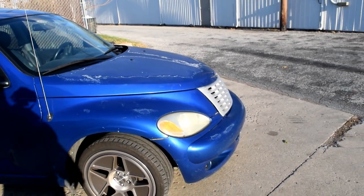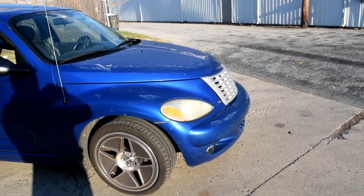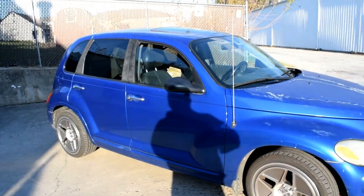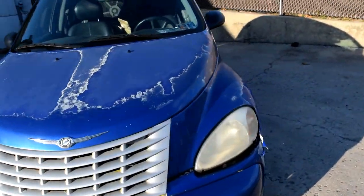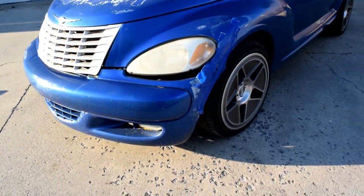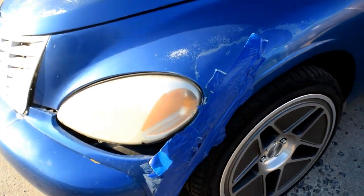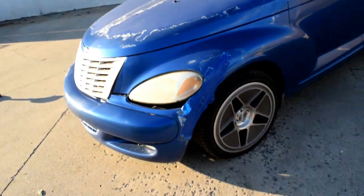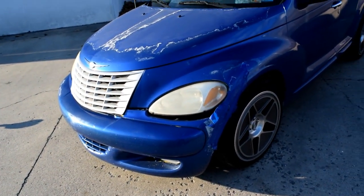And I am super hard on daily drivers just because of DJing and my 9-to-5 job and different traveling I do. But it's getting to the point with this car right now where it's getting a little embarrassing to drive, more so on the driver's side, because the bumper's hanging off and actually is being held on by duct tape right now. Now, I am quite proud of myself for finding a pretty close match in duct tape to the color of the car. But the reason for that is recently, a couple months ago, I was driving through a construction zone